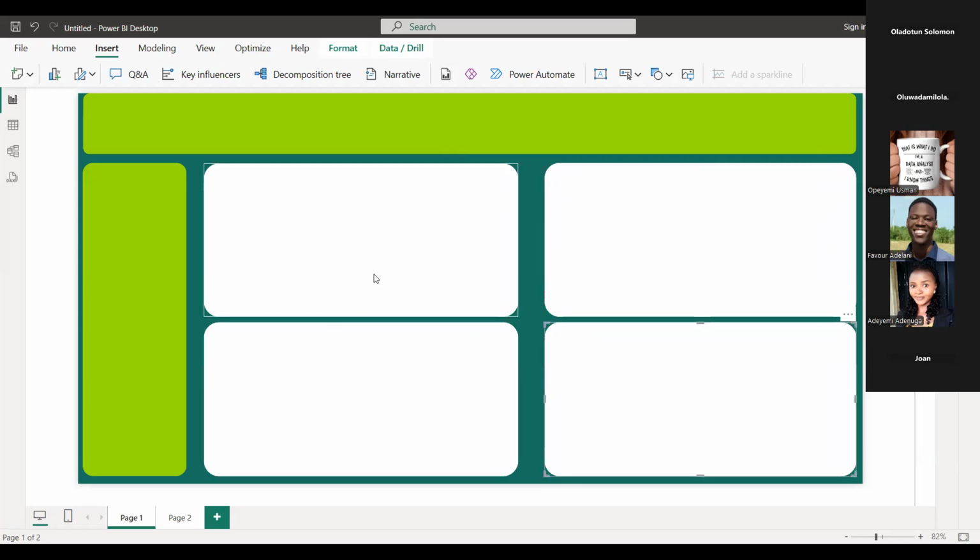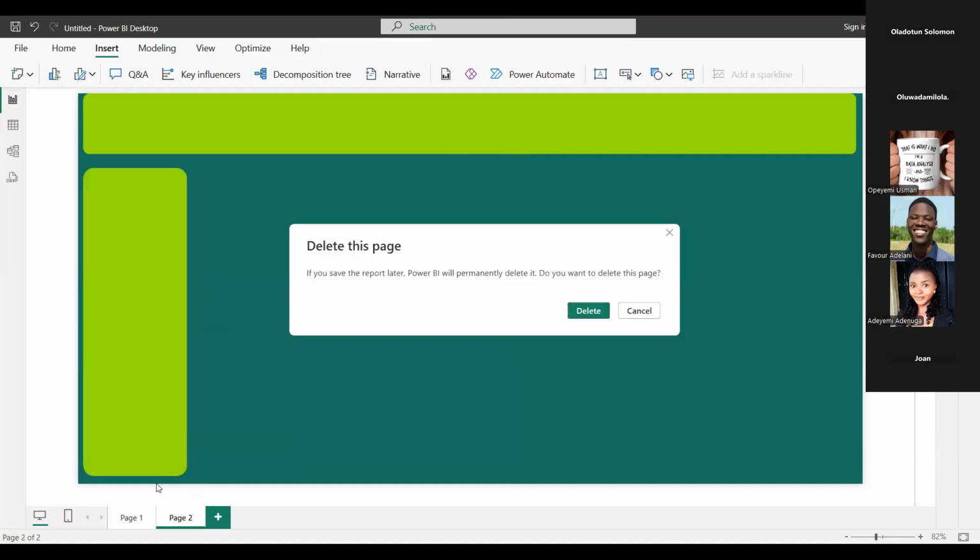Now, it will be quite a lot of work to go and start doing this again on this page. So what I'm going to do is to take down this page and duplicate the first page again.